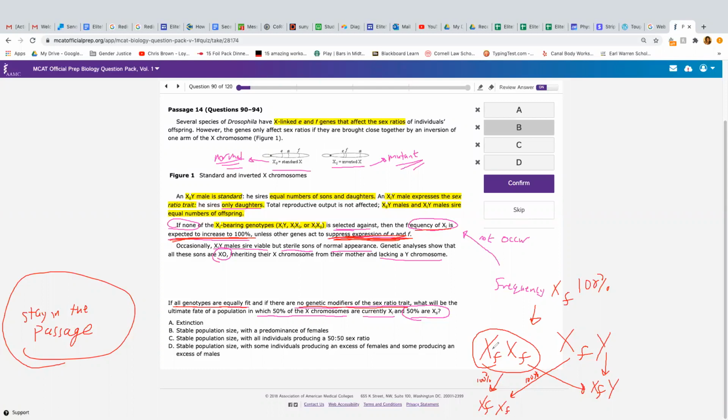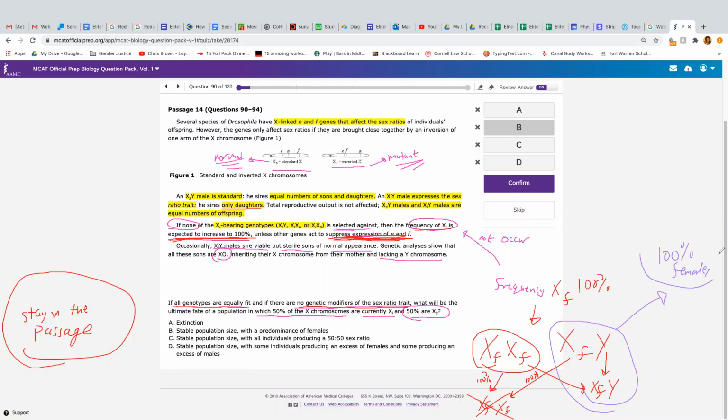So we don't actually have to stop and think as much about the male offspring. It's really these men, because that's what the passage is about. And if we come back here and ask ourselves, okay, these men that have a mutant X and a normal Y, what's the ratio of offspring they're going to have? What you find out is that the men that have the mutant allele always produce 100% females,